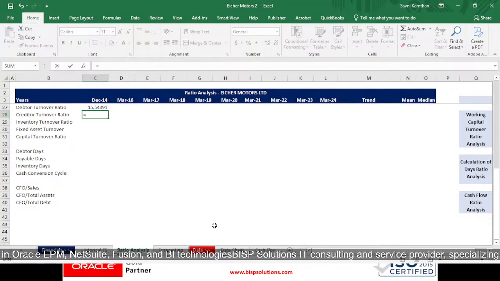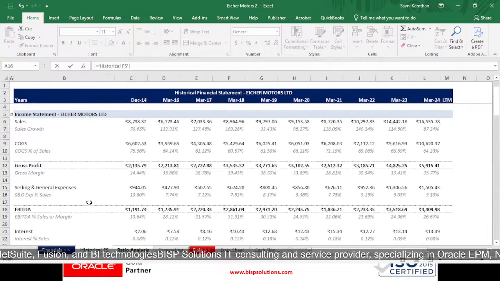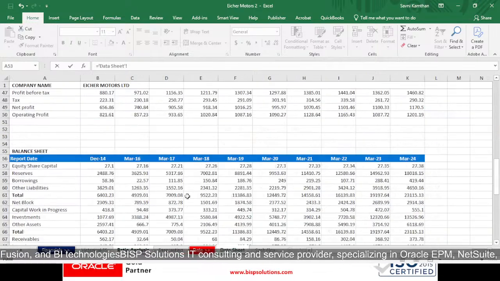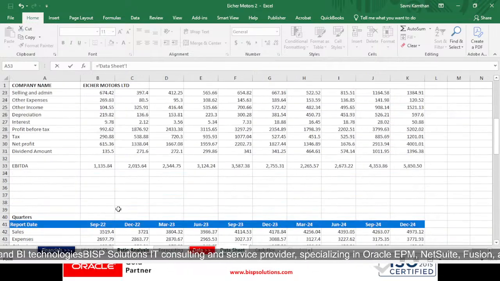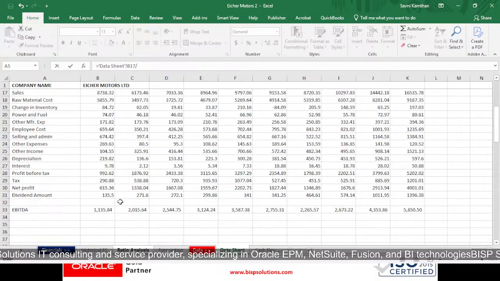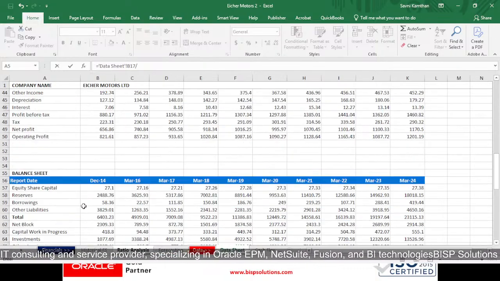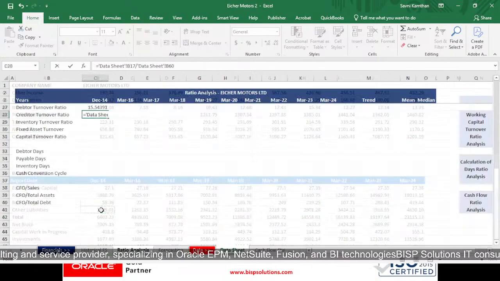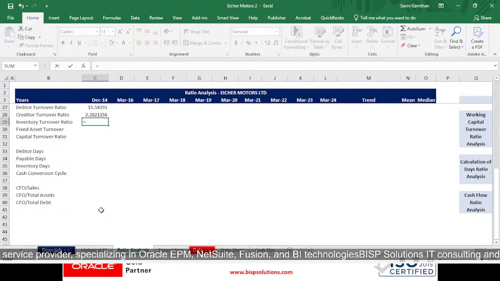Then for creditor turnover ratio, we can link it with this data sheet also, sales divided by other liabilities, and done. Equals to,